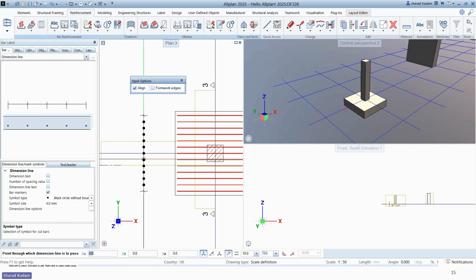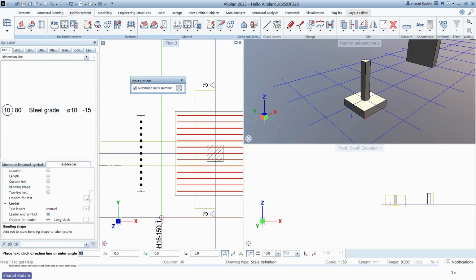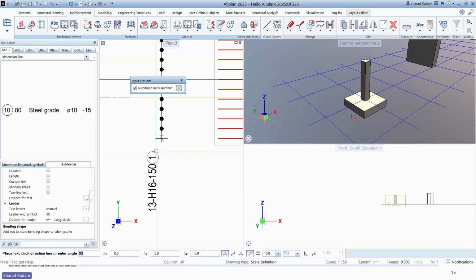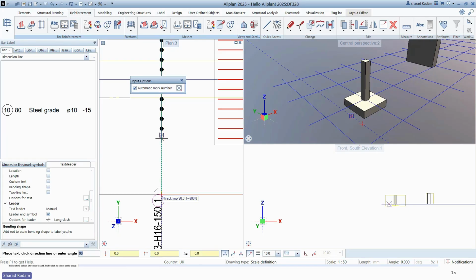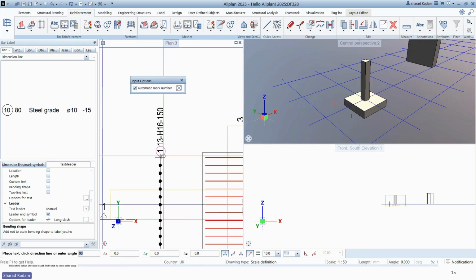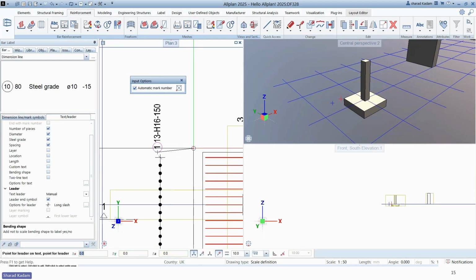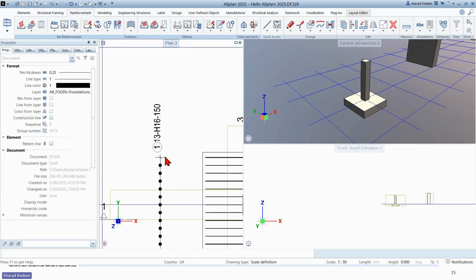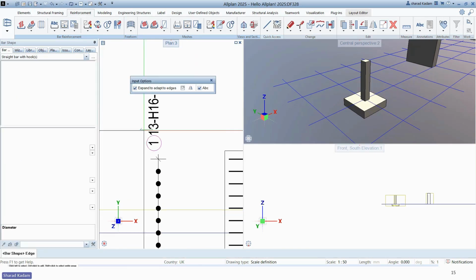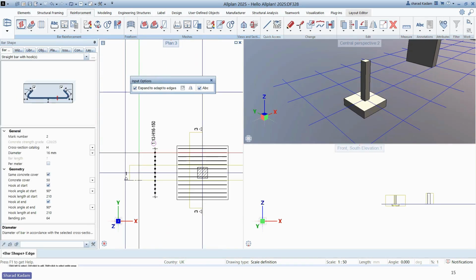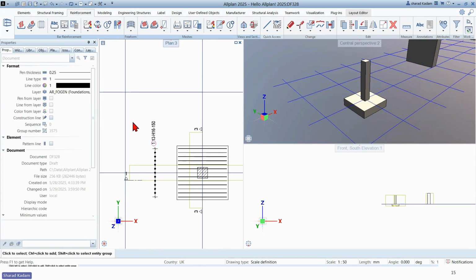And we can do the labeling as well side by side. So I'm just putting some bar mark over here and here is the bar mark. So we can choose here what kind of bar mark is needed, what is the call out. Let's say, for example, I can switch on my bar mark, then I may need diameter, steel grid, spacing. So based upon the standards, we can choose it and we can place it. So once this is done, we can just press the escape button